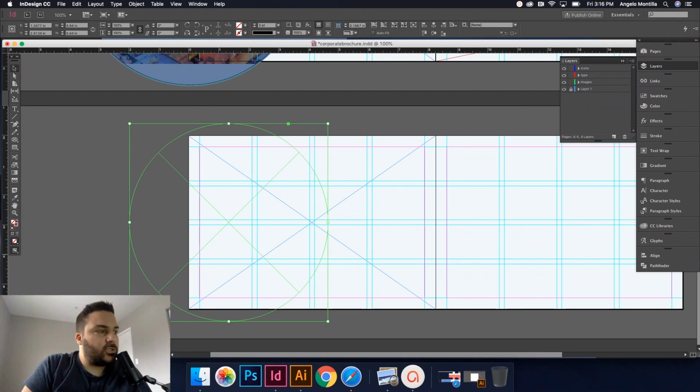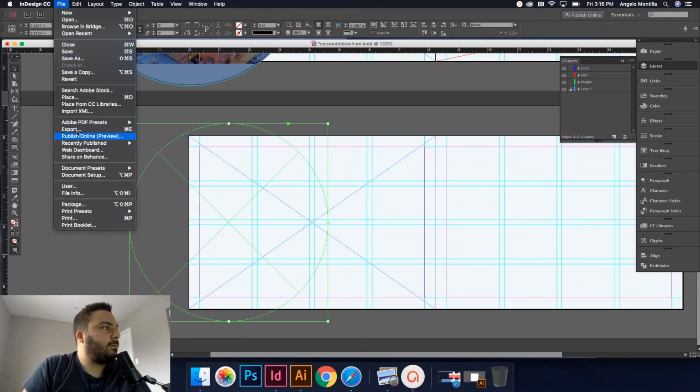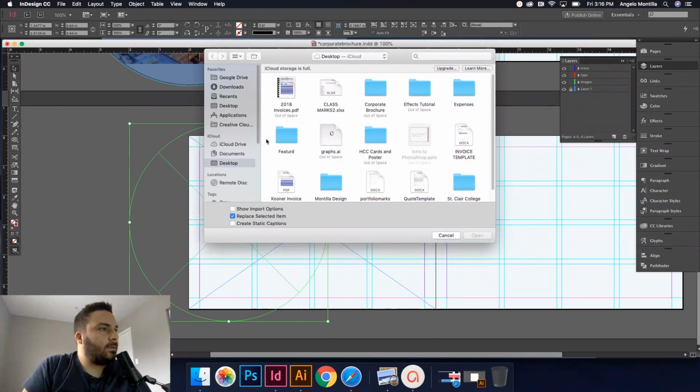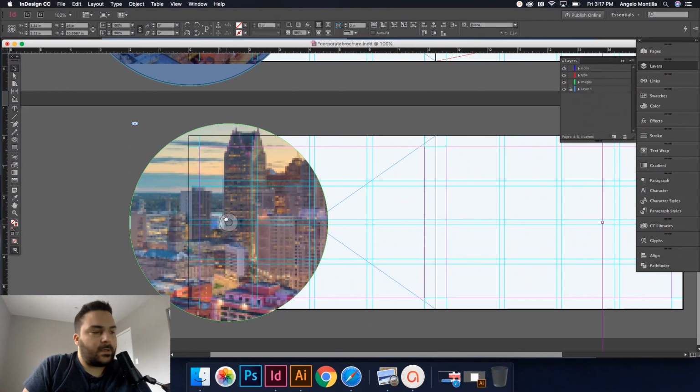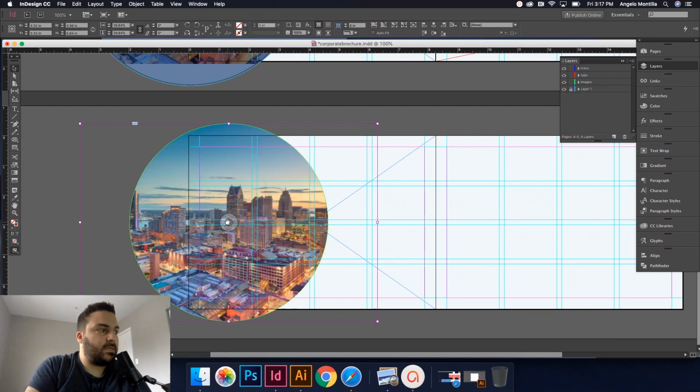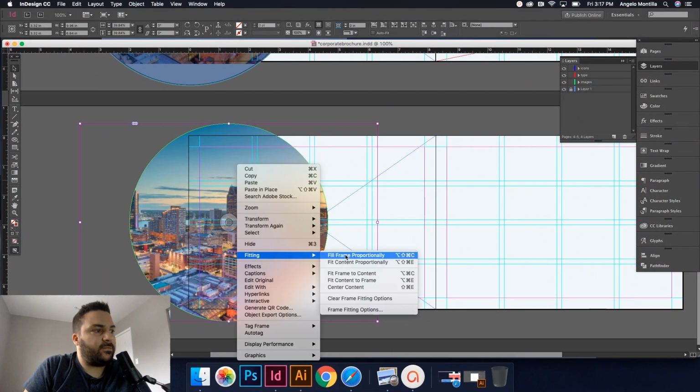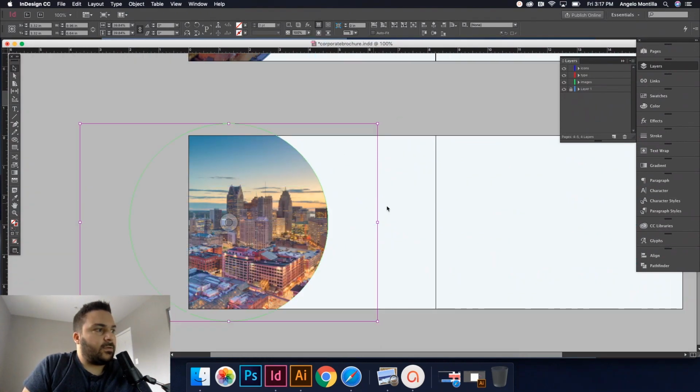So I can just drag and drop my image in there, or you can go up to File, Place, or Control Command D. Corporate brochure, brochure content, and there's the image that I've saved from Adobe Stock. Remember, if an image comes in way too big, Shift Command Option C to make it fit to that frame that you've created. You can also right click, fitting, fill frame proportionally. So as you can see there,